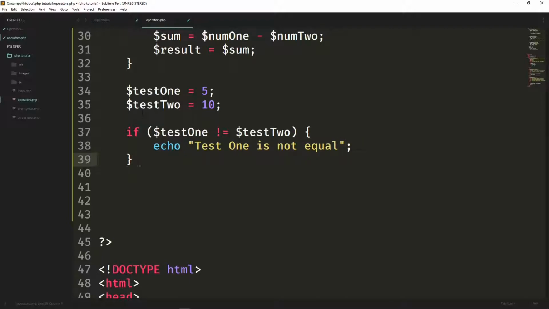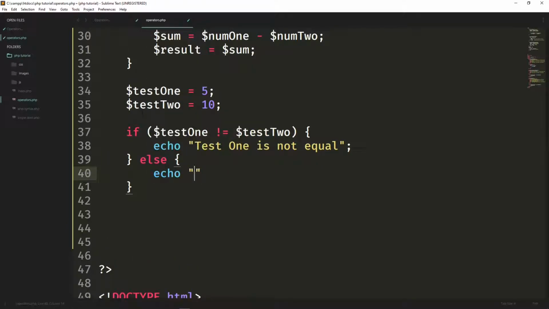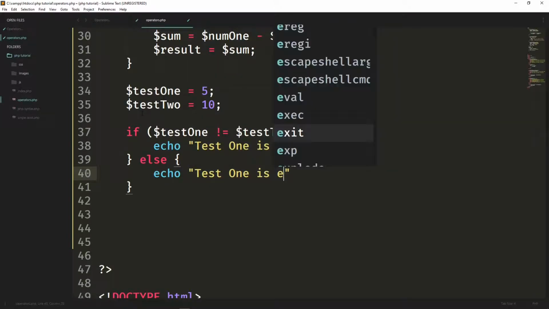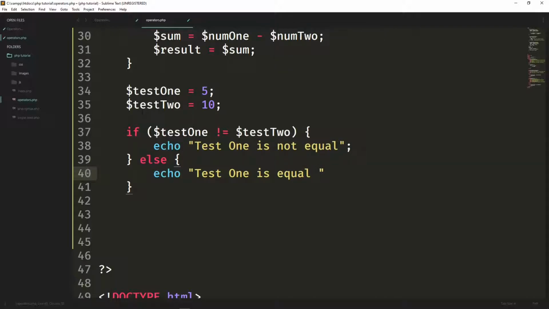Now it's not a must that you have your else statement whenever you have your if statement here. Okay, so you can also leave it this way and it will still work fine. But since we want to echo out another message if it's equal, we'll have else echo test1 is equal to test2. All right,